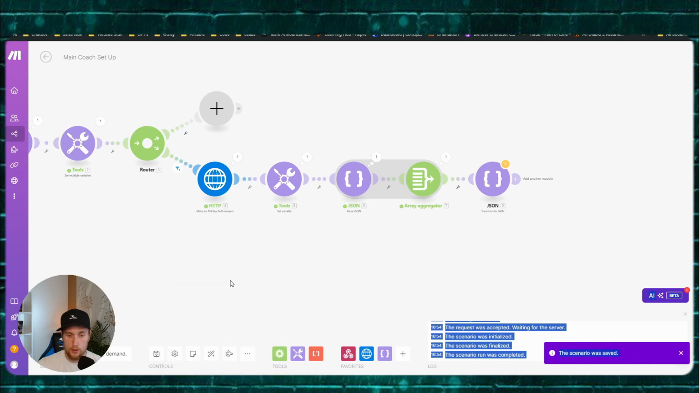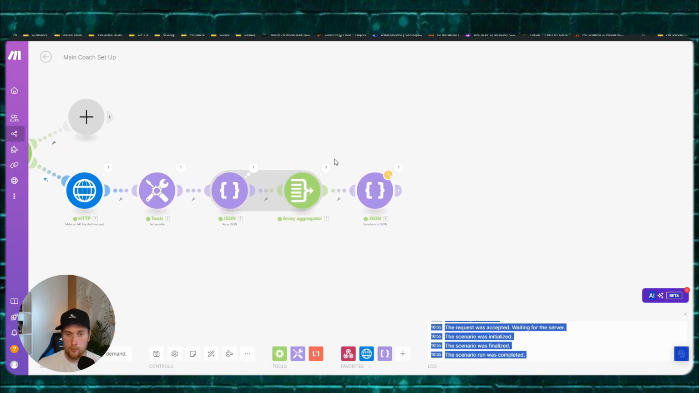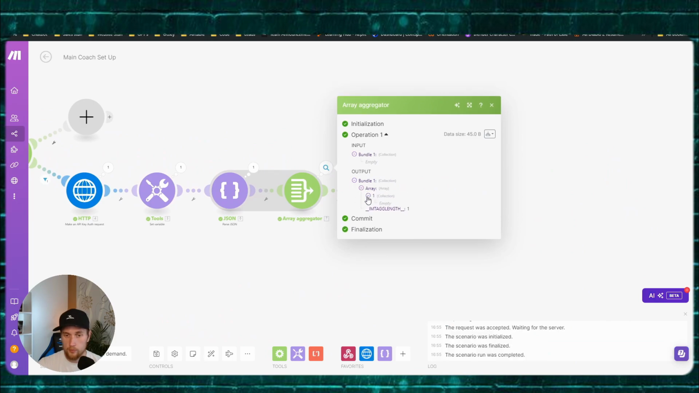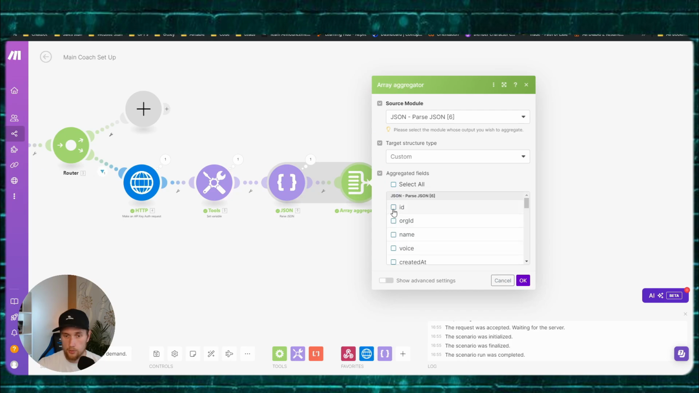And let's see how that looks now when we run it. Okay, so let's select, you don't need the ID. So you don't need the ID or the org ID, you need the name, the voice, you don't need created or updated. You need the model, end call function, transcriber, client messages, server messages, max duration, background sound, denoising